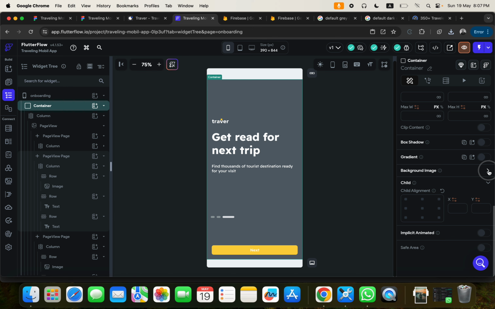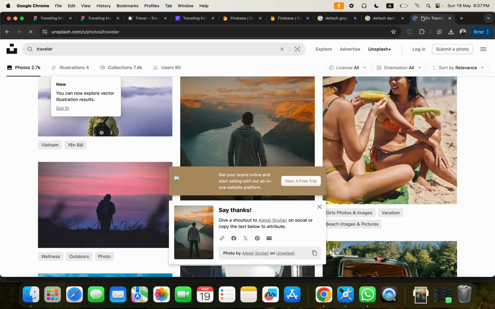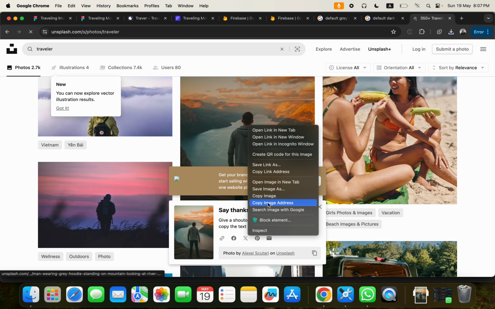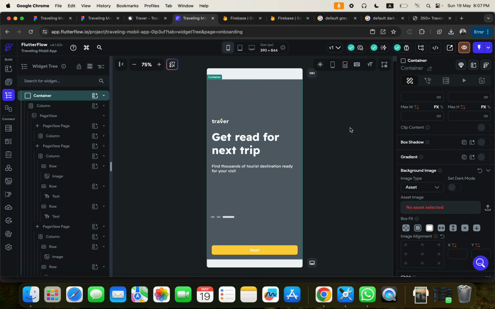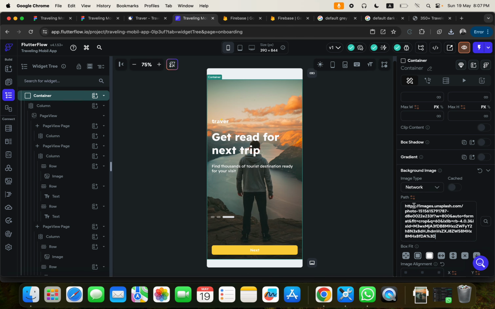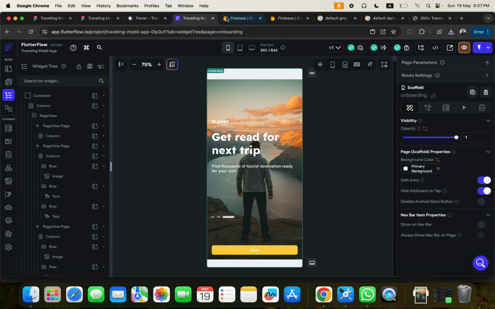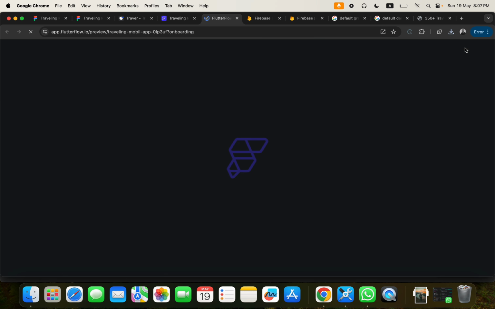down. Go to background image, change it from network to assets. Okay. Can we copy this image location? Let's copy that. It might be simpler. Let's take it back to network and just paste this. Yeah, so we have this now. So this is it. And for us to preview what we've done, you can just click on the preview app button here and just wait for a couple of seconds, and you will see the beauty of what we have